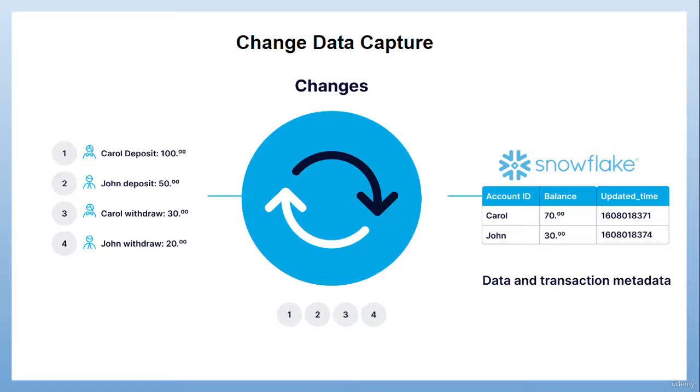Streams capture CDC in the most efficient format in Snowflake. It is very efficient because it comes as a built-in function in Snowflake. So you can think of a stream as a table that makes this change data available to you, indicating what has changed in the source table between two transactional points.